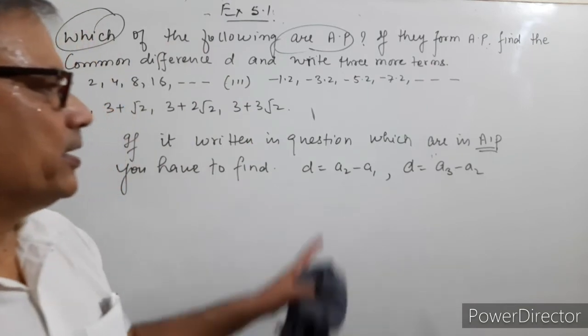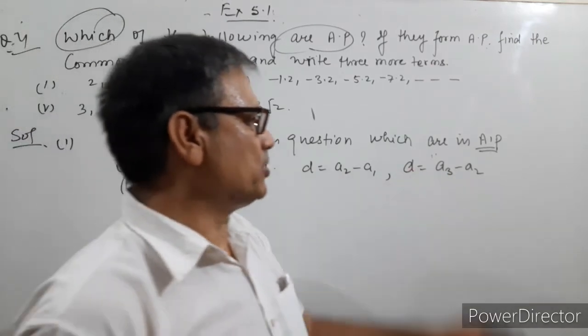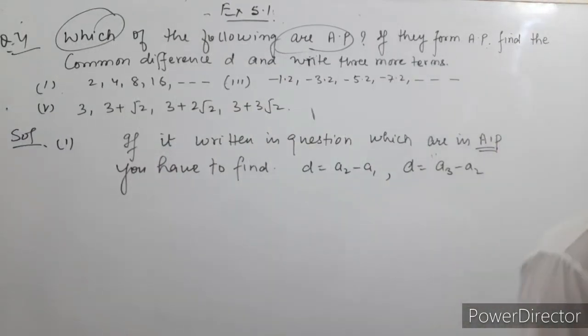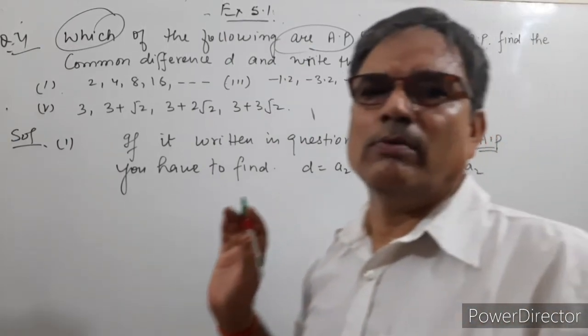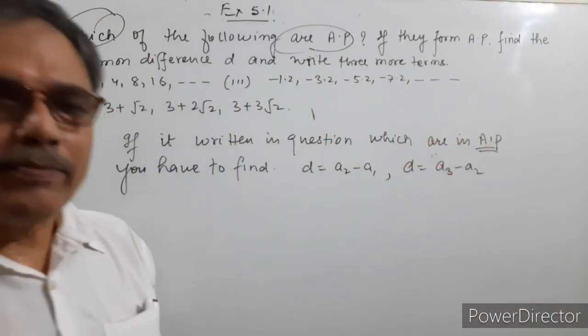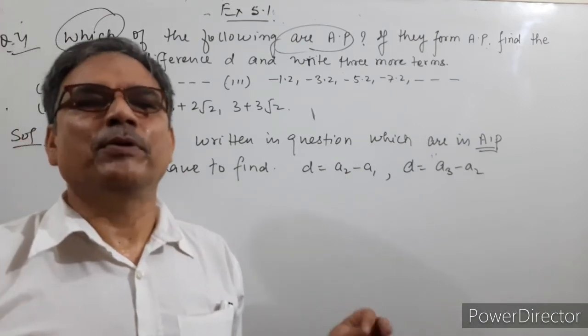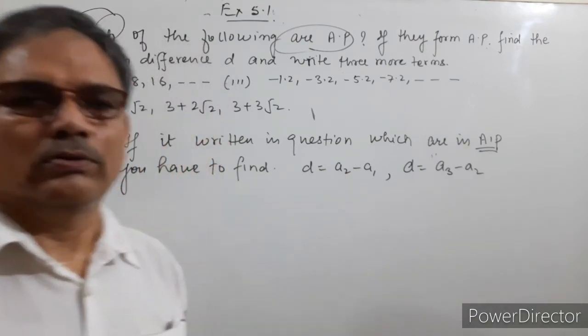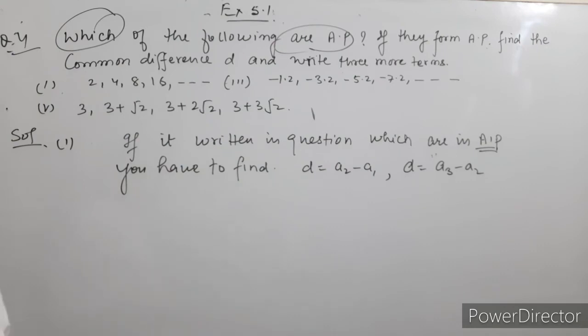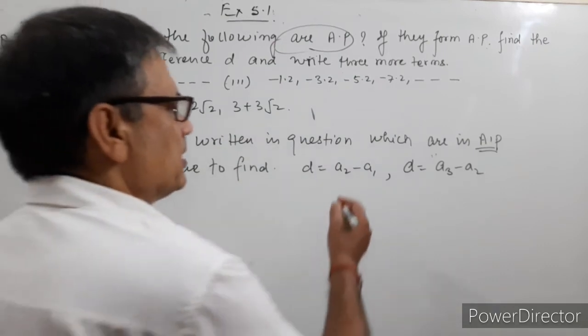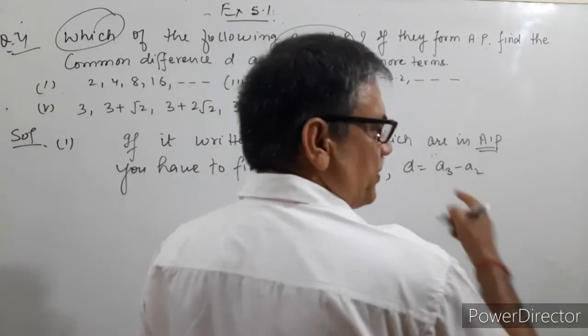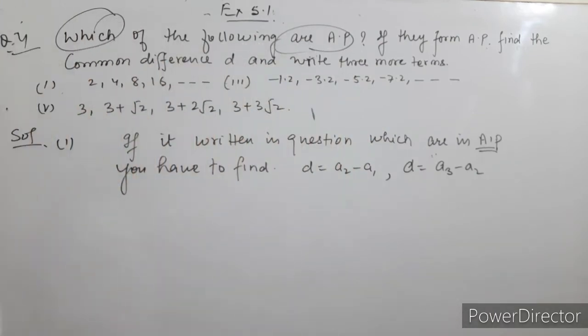Means A2 minus A1, A3 minus A2. Or it may be possible you can find out any two consecutive numbers' difference. ऐसा भी हो सकता है कि पहले 3 नंबर एपी में हो, चौथा नंबर एपी में ना हो. तो प्लीज चेक द क्वेश्चन केयरफुली. उस क्वेश्चन को ध्यान से देखना, कहीं ऐसा ना हो पहले 2 या 3 नंबर में एपी आ रहा है और उसके बाद दैट विल बी नॉट इन एपी.